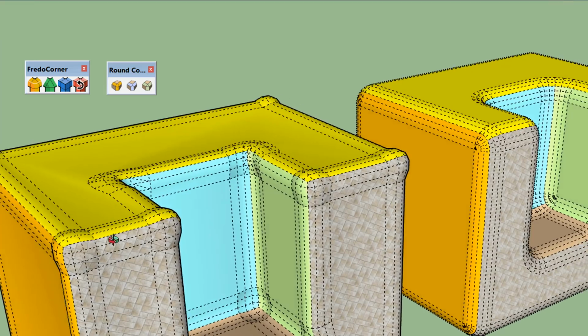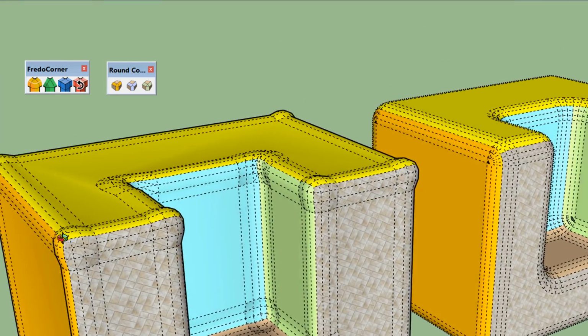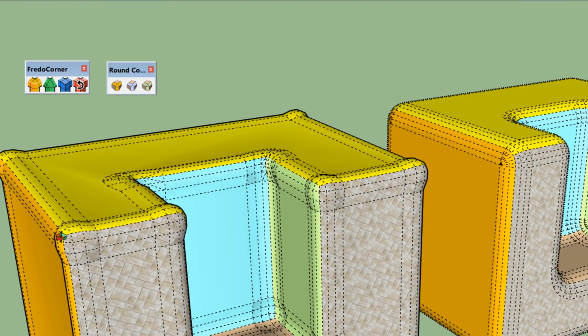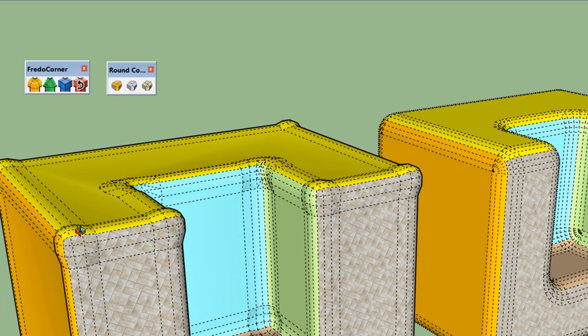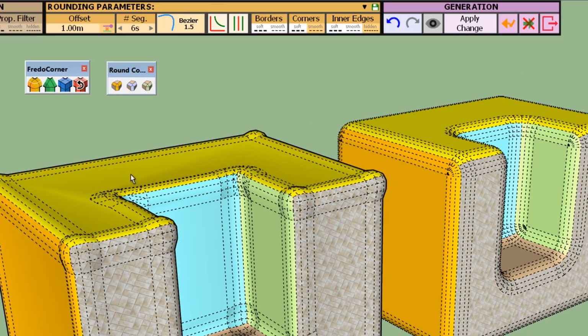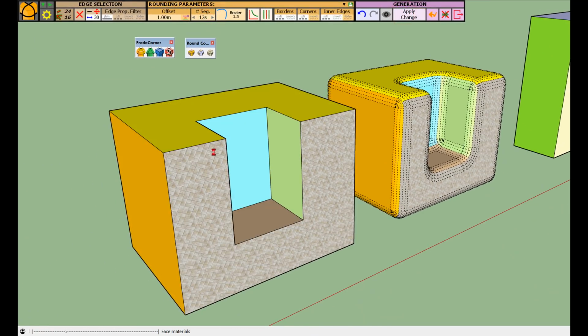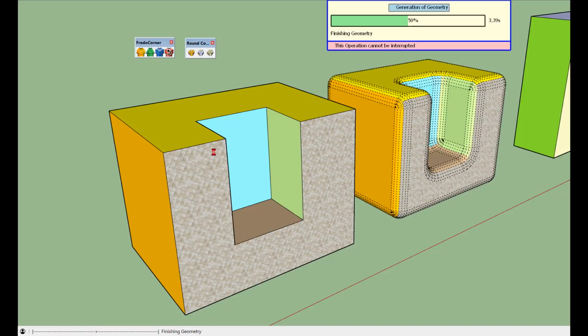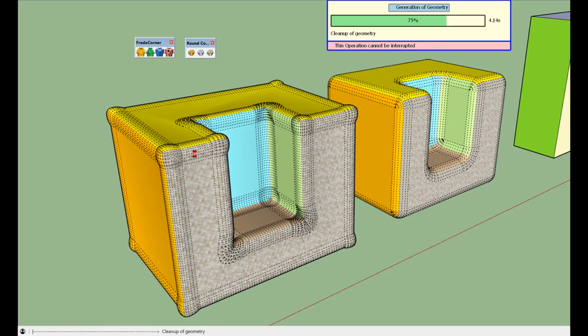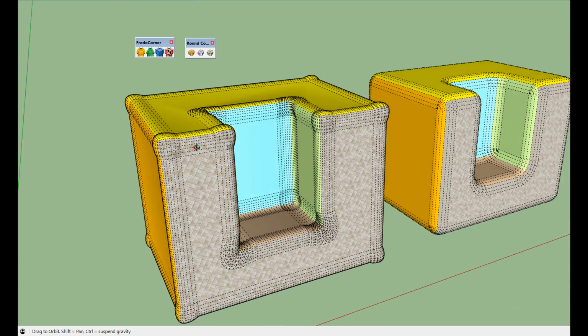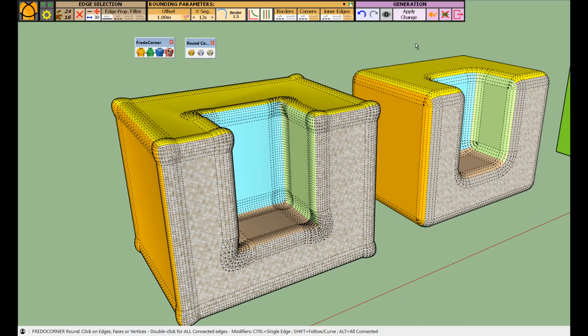So you see that the corners and borders are bumping. Usually it's better to increase the number of segments to see this better. That's an interesting profile.